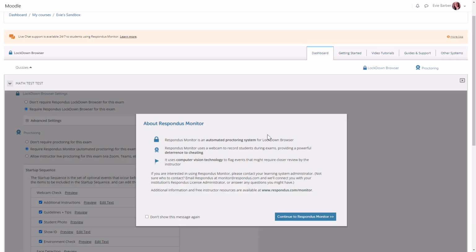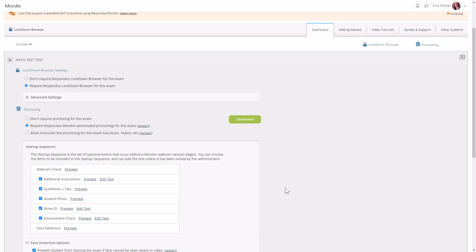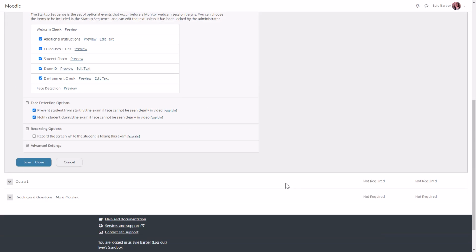Click Require Respondus Monitor to enable automated proctoring, which will give you a lot more options to review and tweak if need be. If you use this feature, keep in mind that it takes Respondus time to process the video recording of a student, so it's best to check these recordings a few days after the exam for any possible